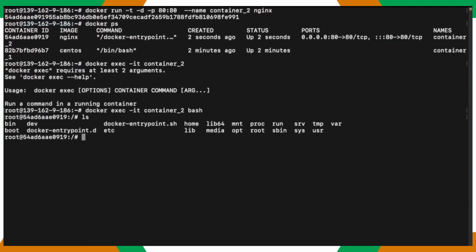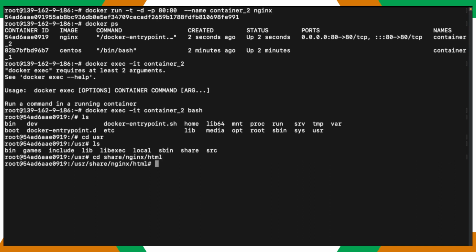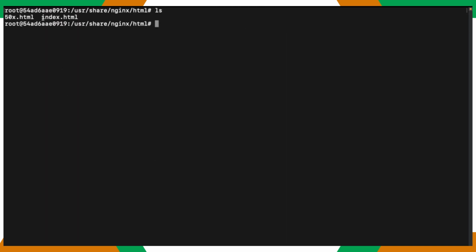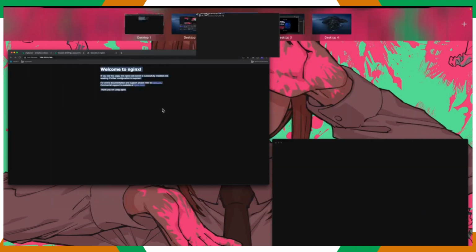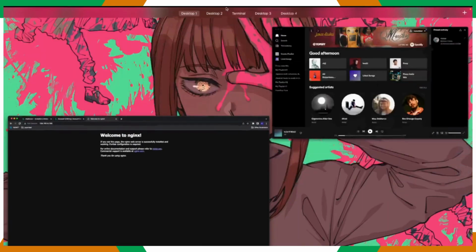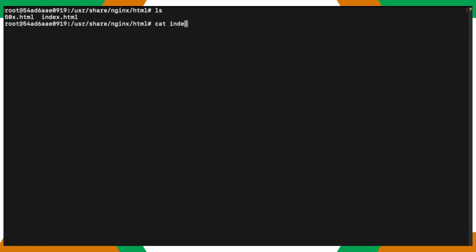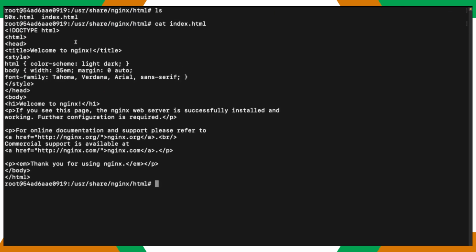We're going to build a static website. We're going to cd user. I forgot the directory. cd user share nginx html. Okay. So this is the index.html where we actually see, welcome to nginx. So here we want to put our static website, for example, like